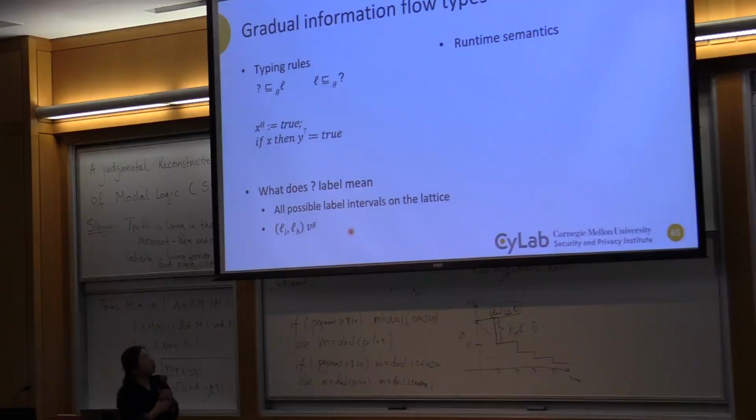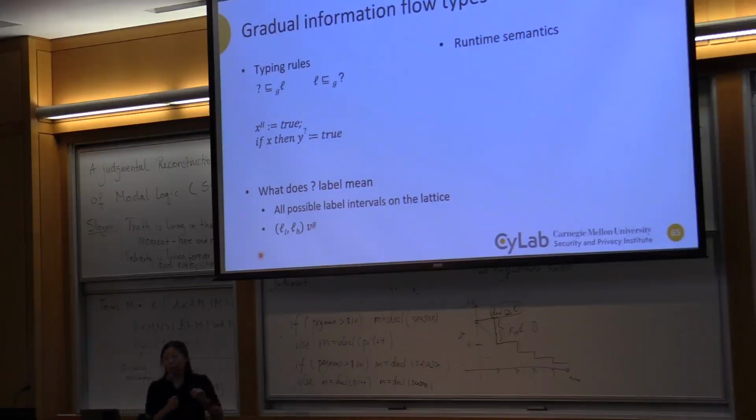So in terms of interpretation of question mark at runtime, when you tell me question mark, for me to stop bad programs, for example, I can take a secret, cast it to the question mark, then try to assign it to low. That's bad, right? The static type checking won't do anything. By runtime, I need to know that's bad. So at runtime, I can keep track of this question mark's interpretations. I'm refining what I know about this question mark.